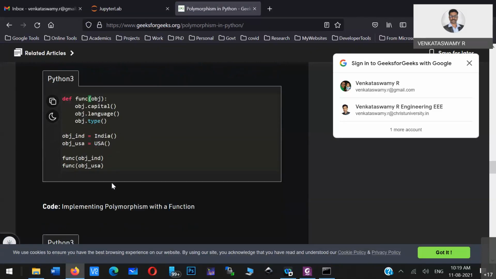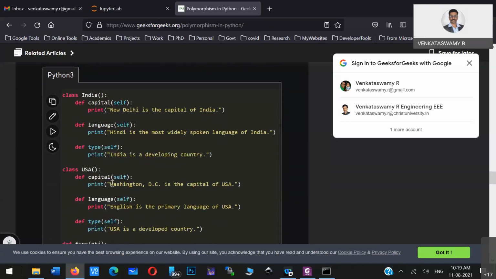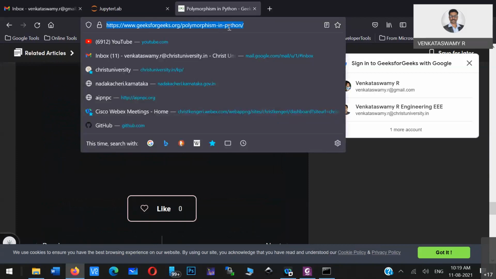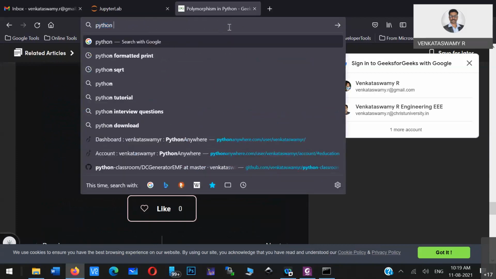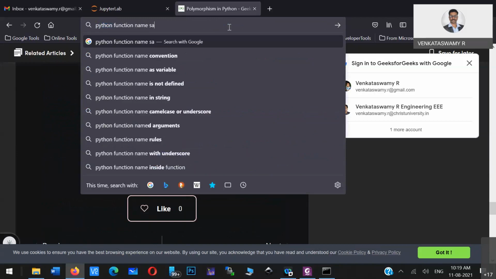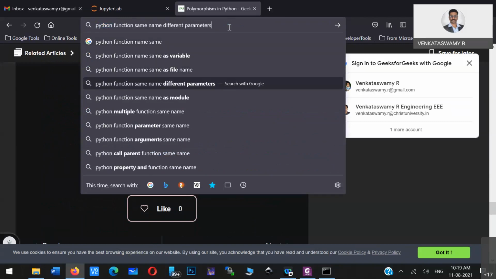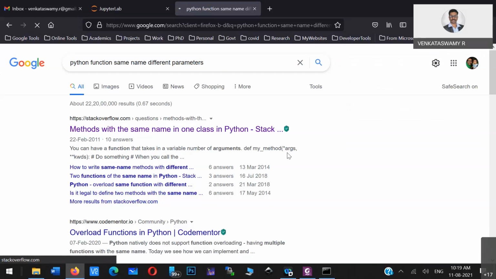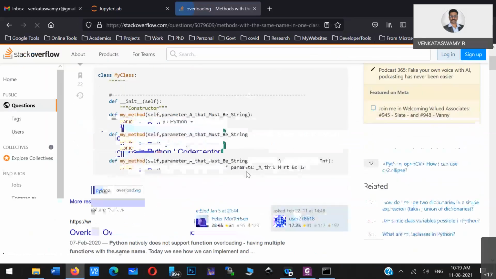So function object. I mean, this is also the same. We want the same function with, yeah.